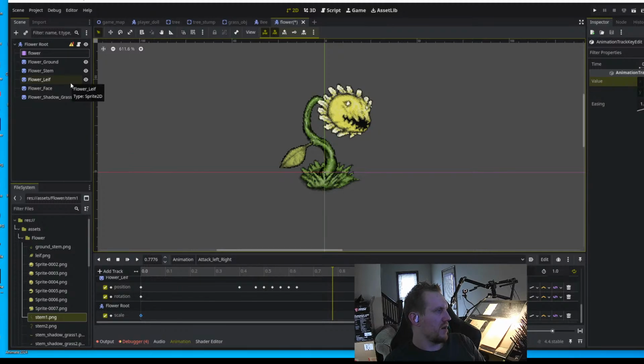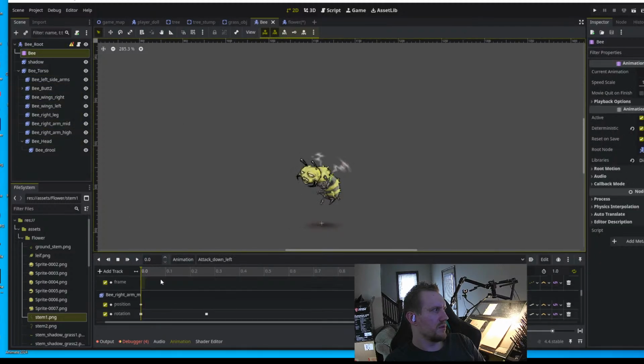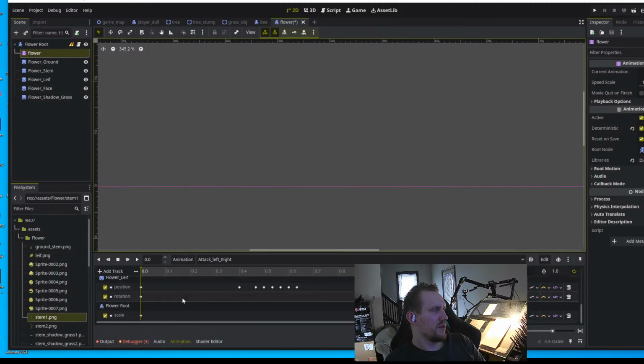Is the root scale not 1 to 1? Is it 0? Is that script or animation? Is the root scale not 1 and 1? Yeah, they're not 1 and 1. It's 0.5 and 0.5. Oh, the B root, if we look at the B, I think it was 1. If I go to the B root, flower root, should be, if I go to my flower,